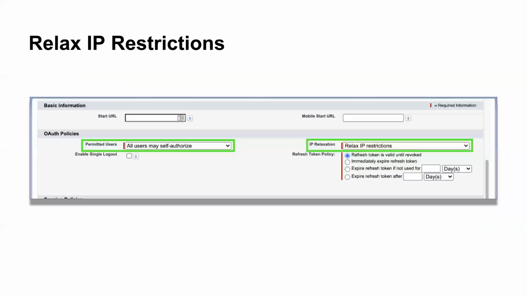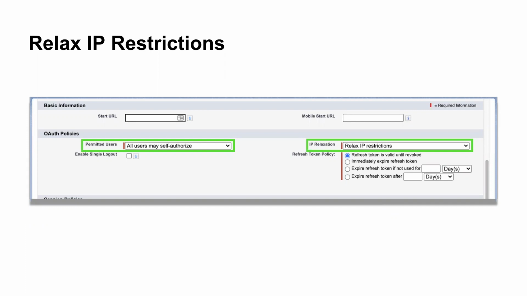And when you click that, here we see a field on the right called IP relaxation, which is nice, right? So you picture your IP addresses on a tropical island somewhere in a hammock, resting safely in your Salesforce org. It's a drop-down menu, and when you select Relax IP Restrictions, it's kind of like a VIP line at a club. All these other poor suckers are getting their IDs checked by the bouncer, but there's a velvet rope line to the left for DocuSign IP addresses, and anyone from DocuSign can walk right through it and get into the club without having to be checked or added to a list.